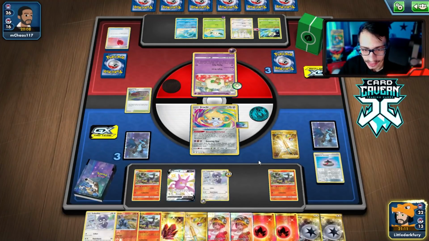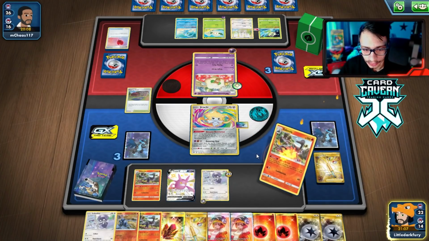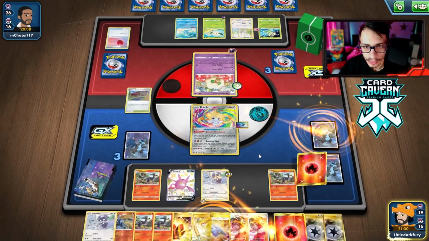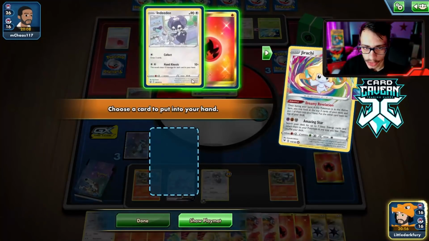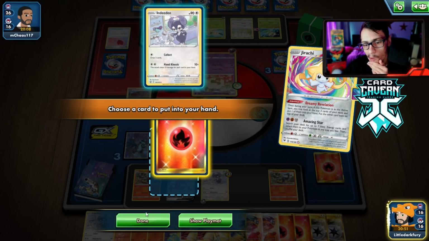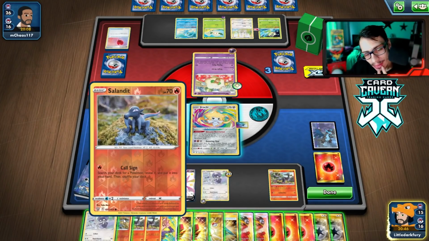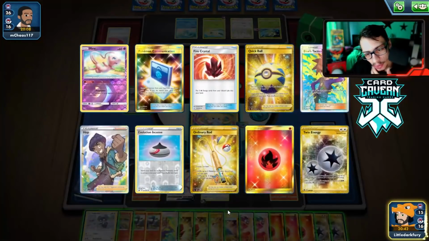All right. Oh, here we go again. Roast reveal. I'm not even really sure what I'm looking for, other than the Oricorio, obviously. I guess Crobat could be next. We'll see, though. No Oricorio there. Okay. Do we need the Oricorio? We don't really even need the Oricorio, to be honest. I mean, at this point, we can just go...